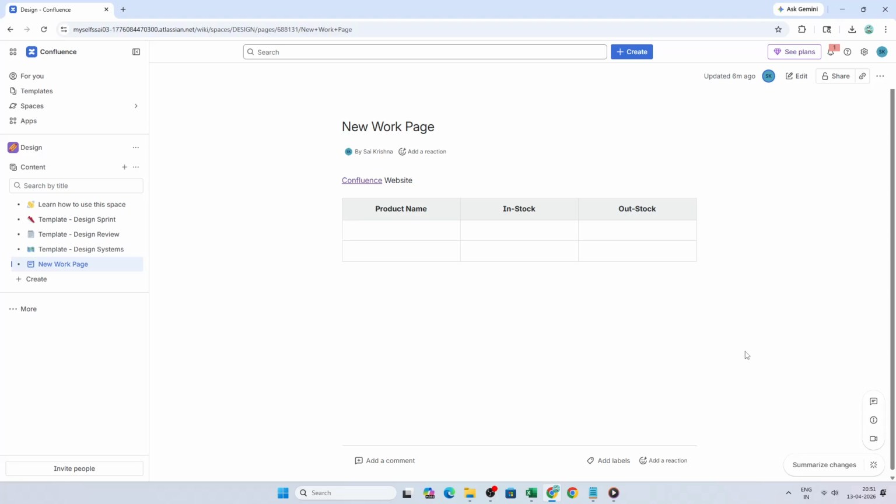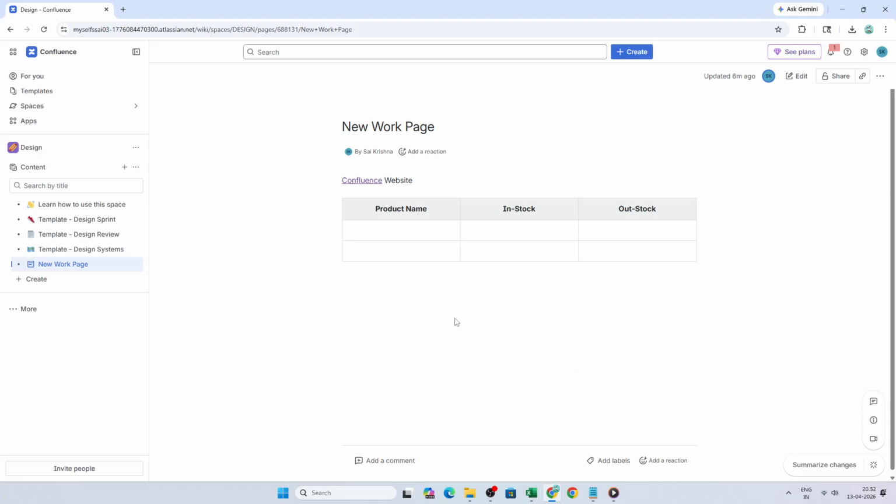In today's video, I'm going to teach you how to merge cells in a Confluence table. Merging cells is a quick way to create clean headers, group related data, and make your tables easier to read. I'll walk you through the exact clicks, and along the way I'll share a few pointers, so you know what